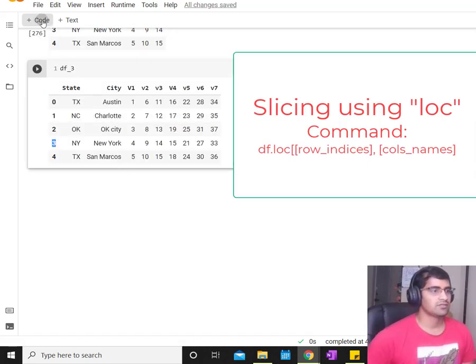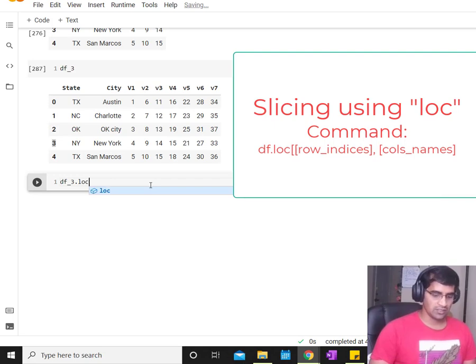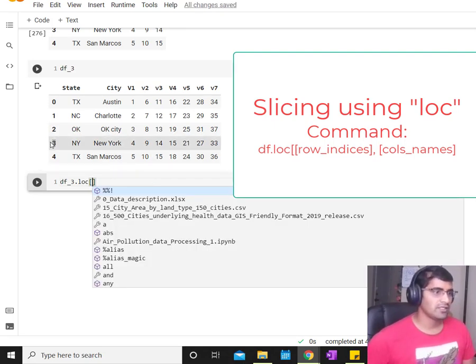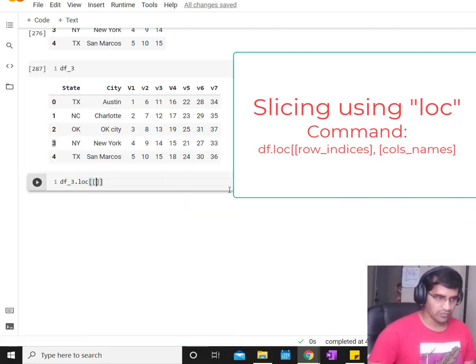So we would like to slice this based on the loc command. So df_3 dot loc. Now within this take only 3 and 4 here. So within third brackets 3 comma 4, and then here we are interested to get only the CT.